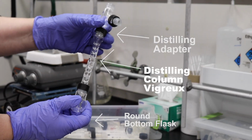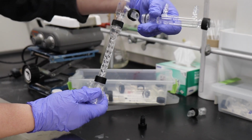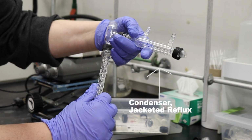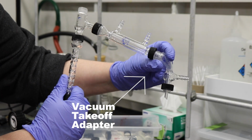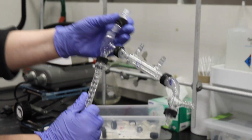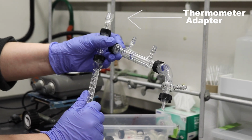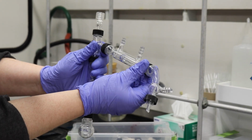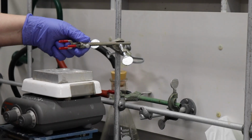Now here we're putting our Vigreux column into our round bottom and putting the distilling adapter on top. The condenser is being attached now to our system. And now we have our vacuum take-off adapter, or distilling. Our thermometer adapter is being connected now. And as you can see in our system, the only difference from the simple distillation is that Vigreux column right